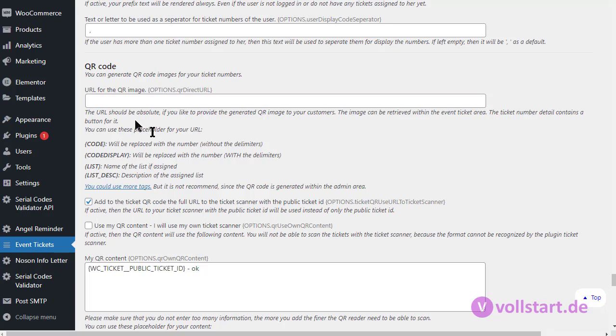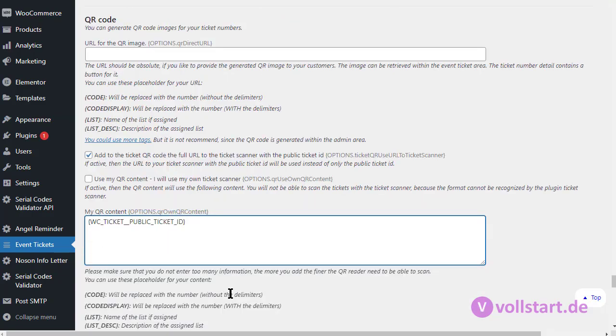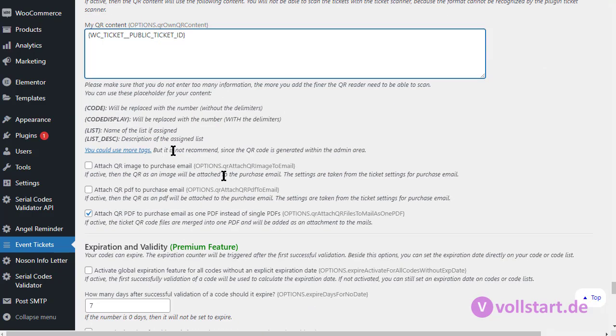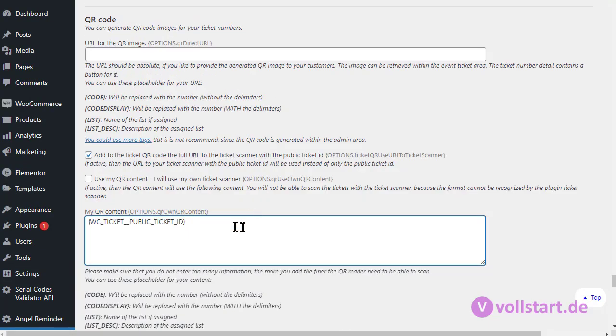You can add your own ticket scanner, and you can say use my QR code content. You add your content in here. Let's remove this. If you leave it like this, it will be the same as it is right now. And you can enter a lot of additional information. You have again the placeholders that are replaced fully automatically, but then you can decide what the content of the QR code is and you can scan it with your system.